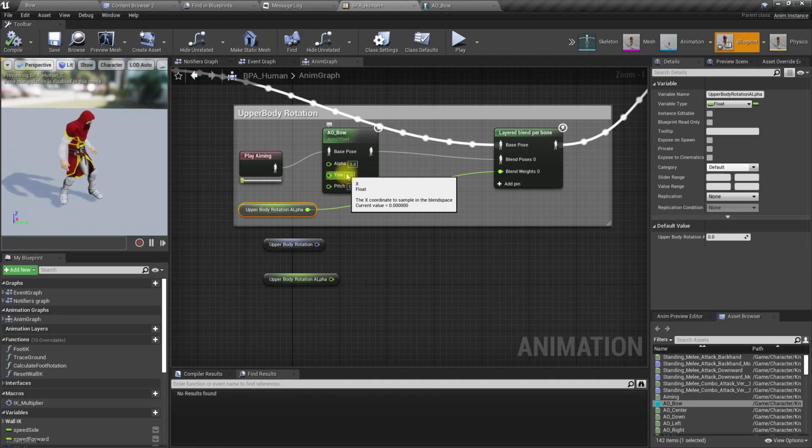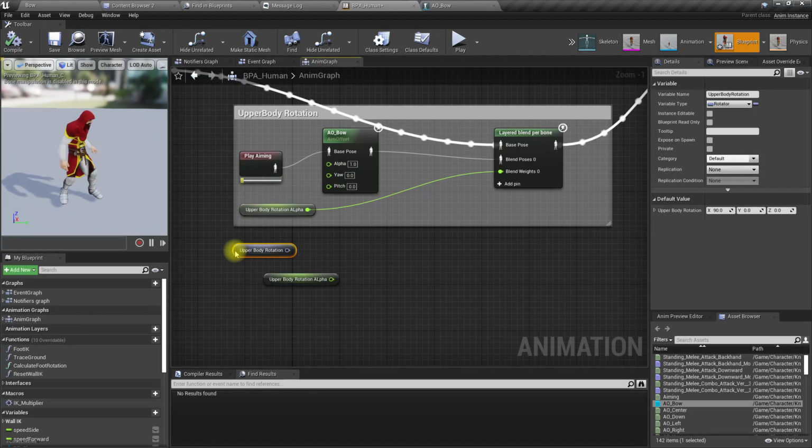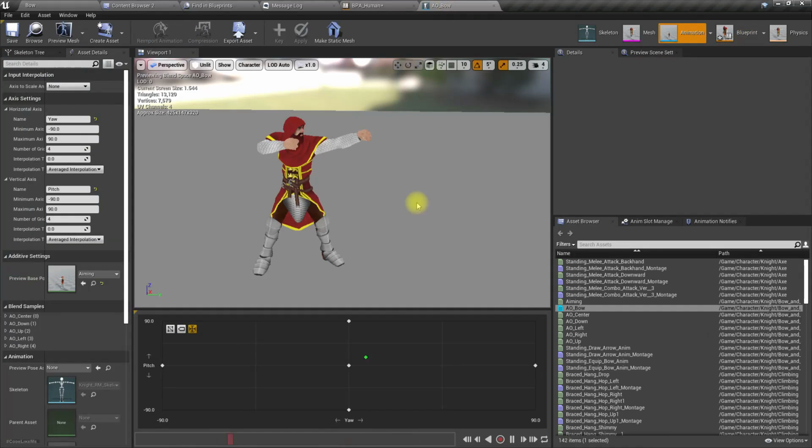And then we need to work on the yaw and pitch values, but first what kind of values do we get here? So for the pitch we should get something between -90 and +90, and for yaw something between 90 and -90. Same range.